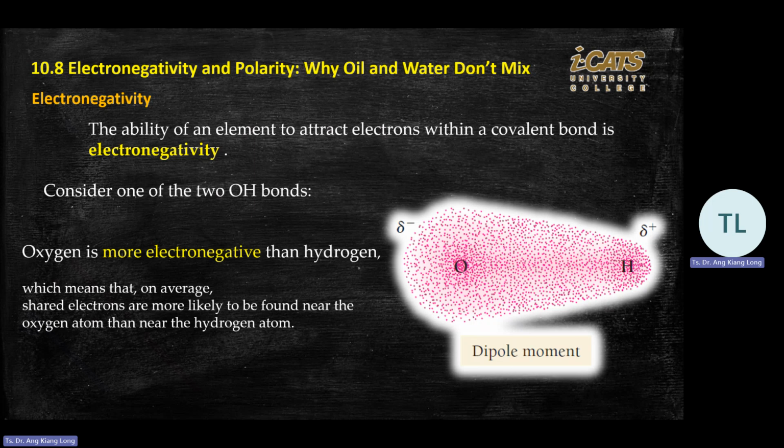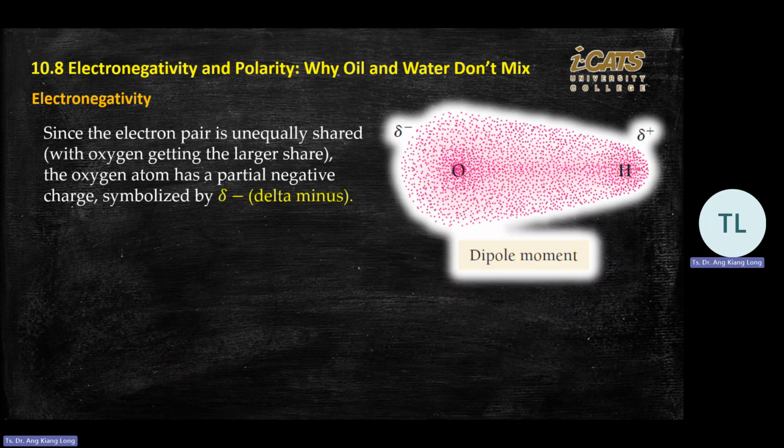Electronegativity means more tendency to attract electrons. So you can find a loss of electrons around oxygen in this case. Okay. So this slide explains why we put delta negative, delta minus, because it's partially charged,